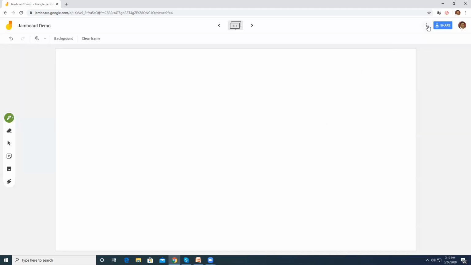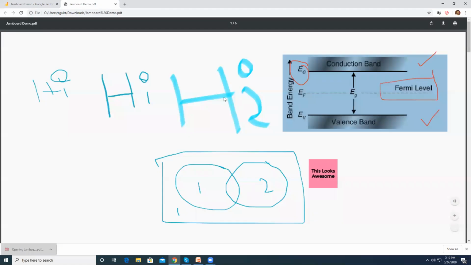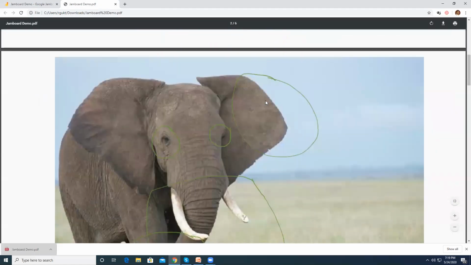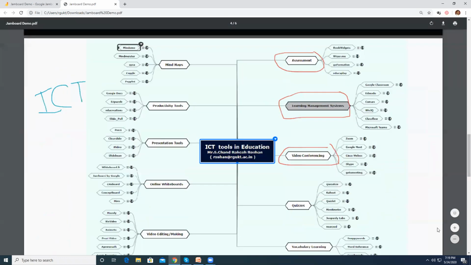And the next thing that you can do is you can see a couple of things. You can rename the Jamboard. You can download as PDF. Now this is the beautiful part of it. The entire session, whatever we have discussed with the students, you can just simply say download as a PDF, and it would download it for you. Now I just open this, and you can see all the 6 frames, 1, 2, 3, all the 6 frames you can see.